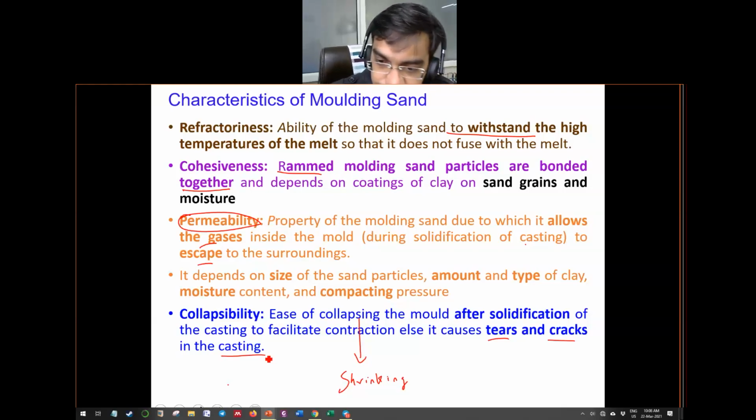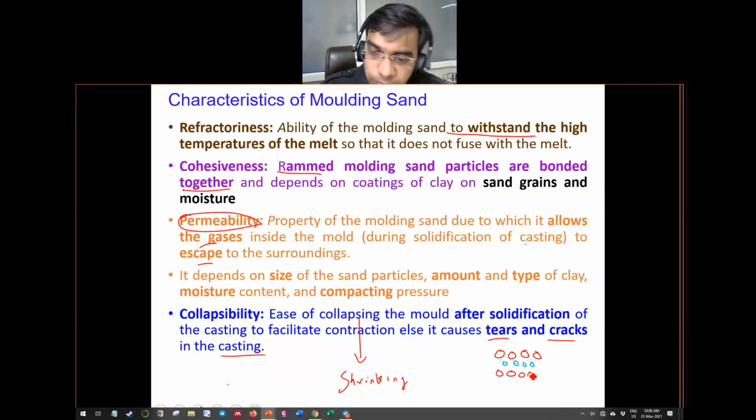So we see here that if these are the sand particles, as I mentioned, sand will also have some binders in it. You consider the blue particles as the binders, and red is considered as the sand. So these binders, what are these? Binders are organic particles like sawdust. So blue is the binder. These are organic particles like sawdust.